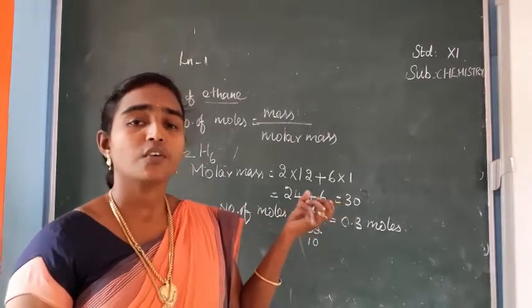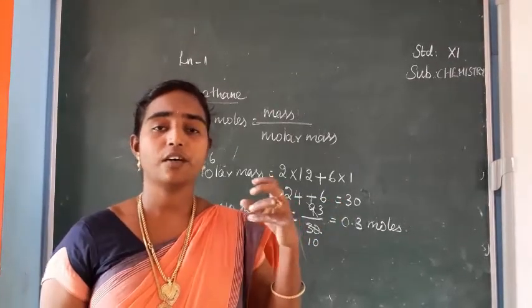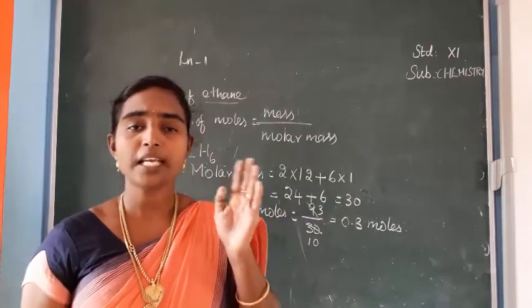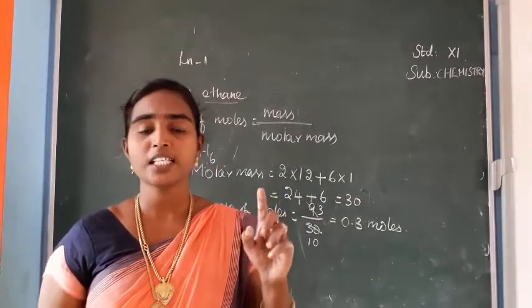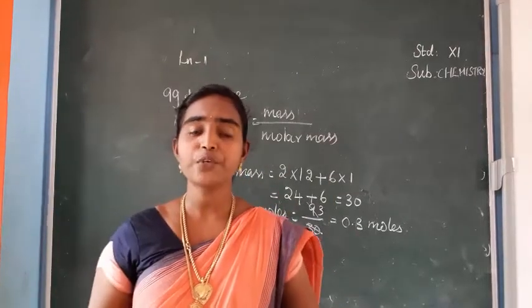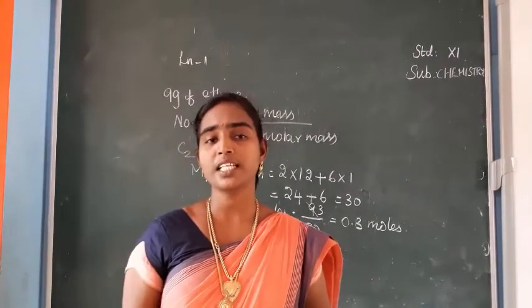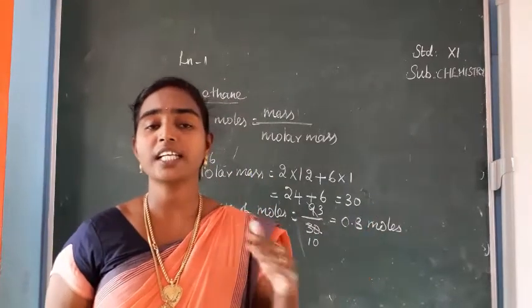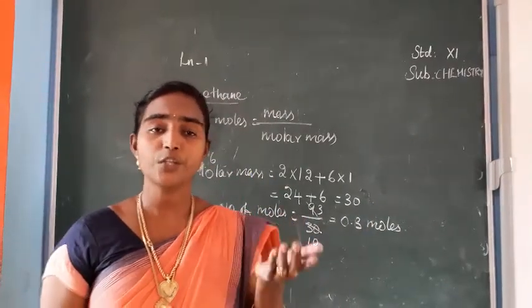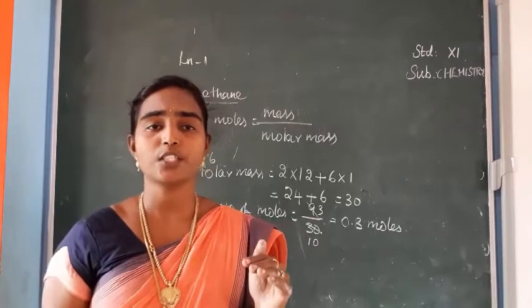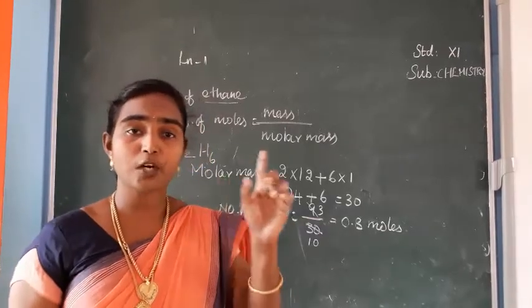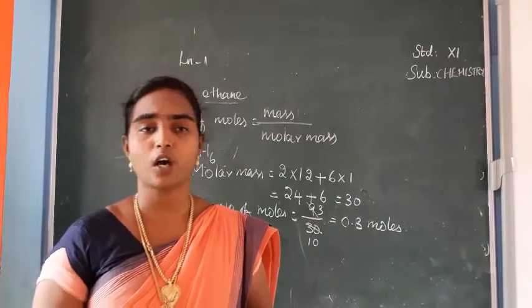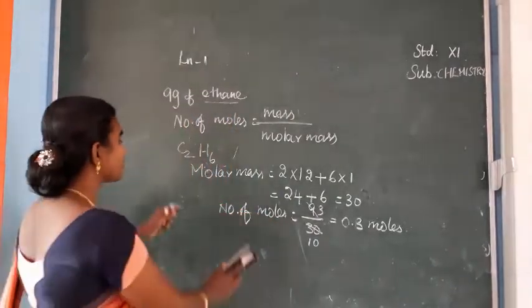Okay. So how to calculate the empirical formula of a particular compound. The basic idea, can you remember that? We used to write one question with a tabular column, isn't it? After a gap of nearly 30 or 40 days you are repeating, so when you see the book you can recall it. See here, a tabular column, that's the calculation of the empirical formula of a particular compound. So see here, students.